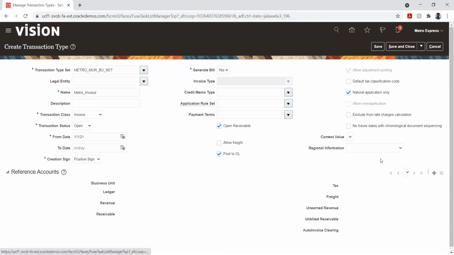So which means we have to create that RDS first, and then we can come and create the transaction type. Yes, this RDS we will create when we are creating this business unit, because it will ask for it as mandatory information.